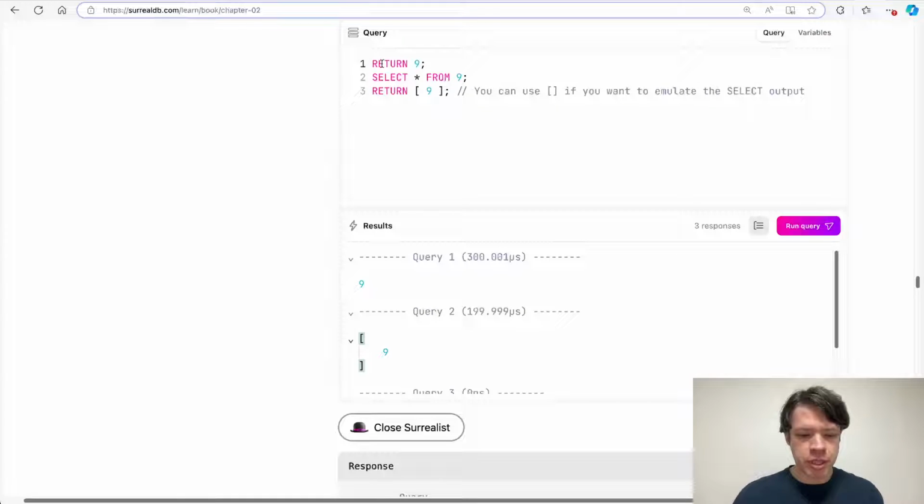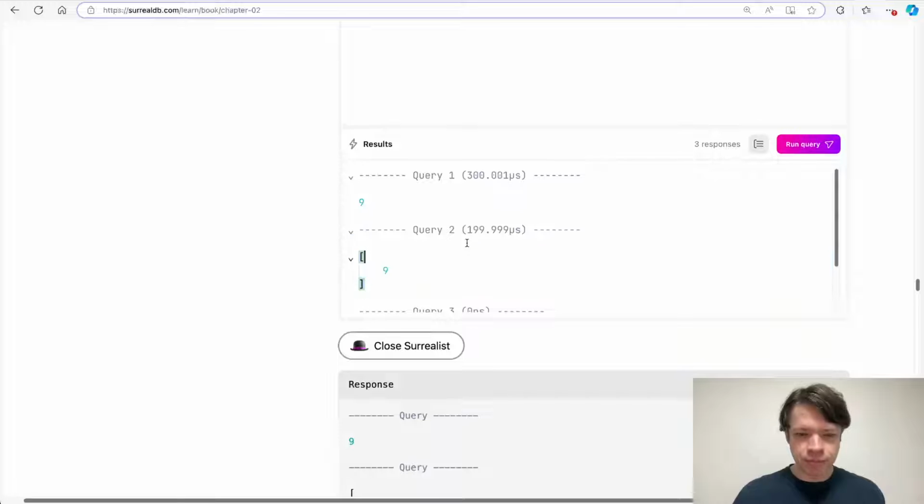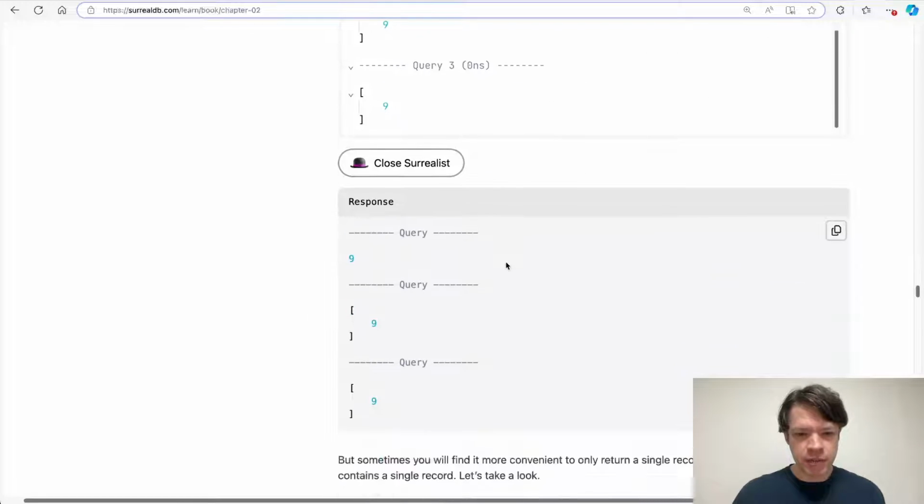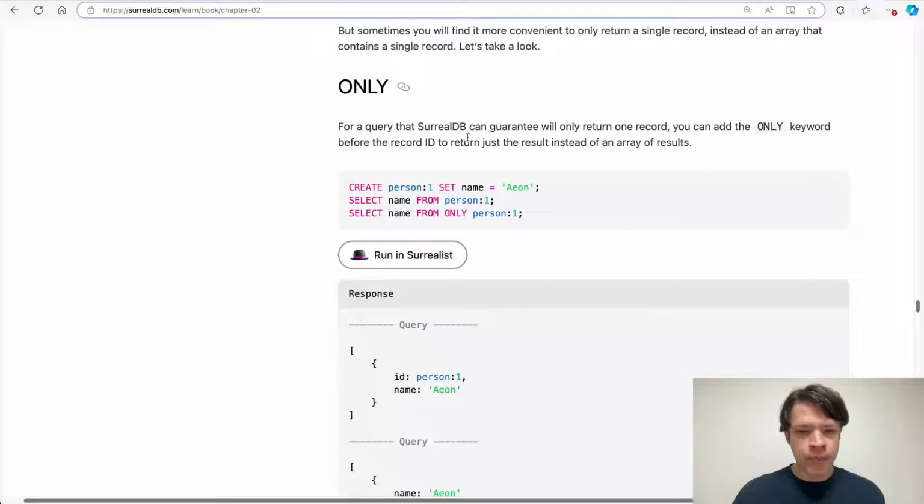And the only exception is return, which is just a statement that returns the value that it gets, so it doesn't do anything to it, but everything else is going to default to this array. And sometimes you might have a situation where you know that you're going to have only one record, and you want to get the output back as just an object instead of an array. And so the first way to do that, or actually the only way to do that, is by using